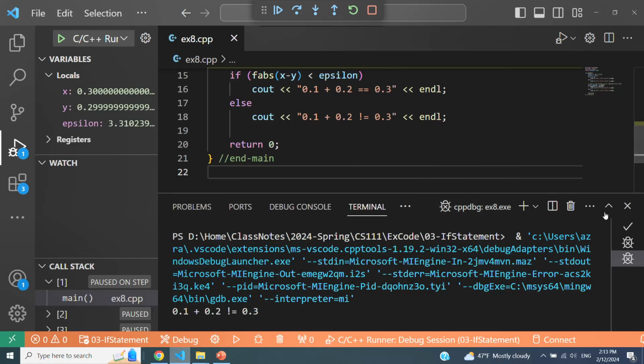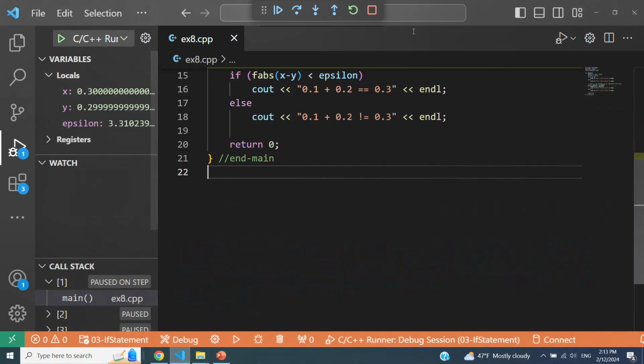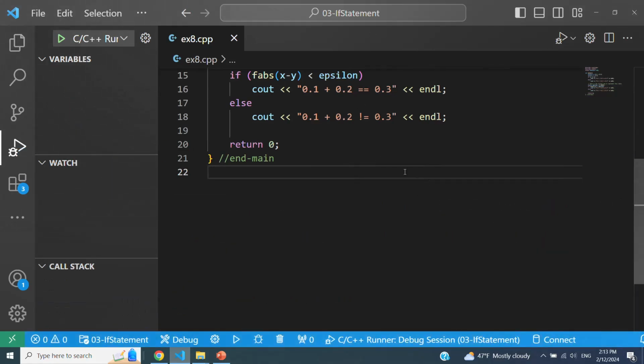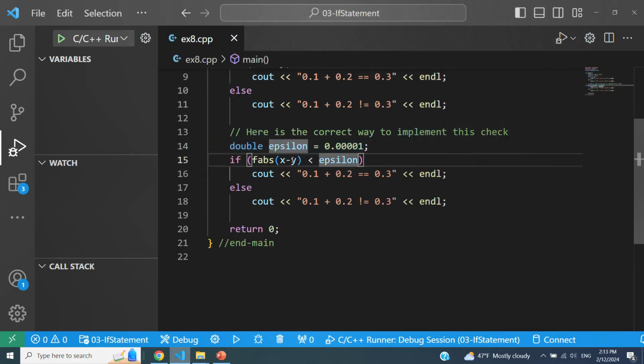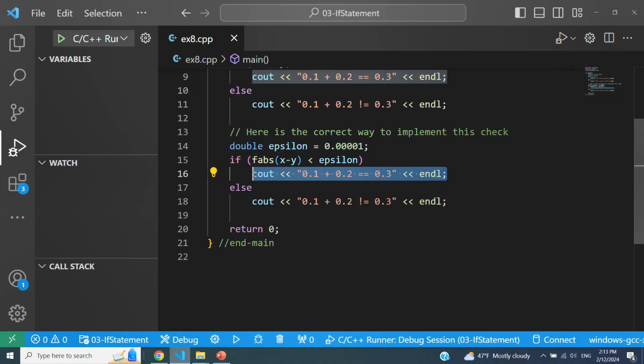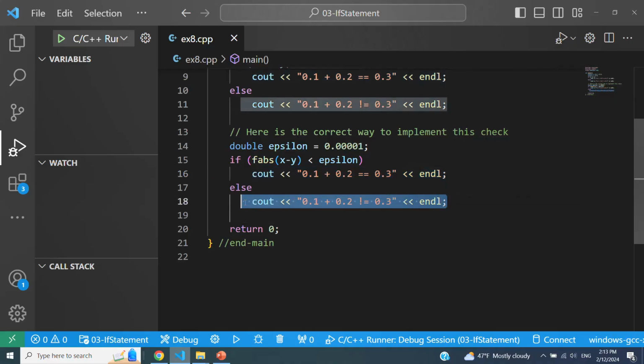It's right here in the same example. So let me stop the debugging. So I'm defining an epsilon value, and I'm going to take the distance between x and y. If the distance between these two floating point numbers is less than this epsilon, I'm going to assume they are equal to each other. Otherwise, I'm going to assume they are not.